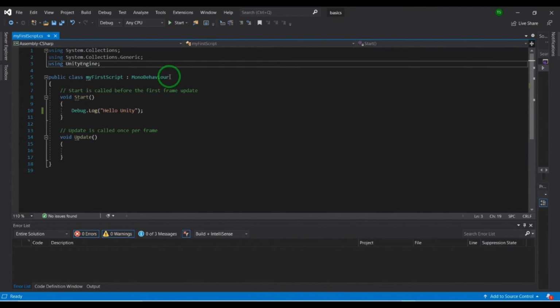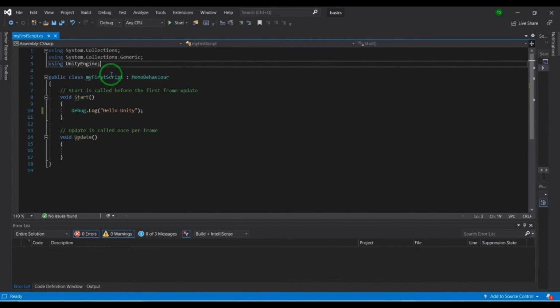So we don't have to define MonoBehaviour, Start, or Update. We can just write these lines and start using them. So these namespaces save our time, and in future we will be using various namespaces for AI, for text, for our UI.